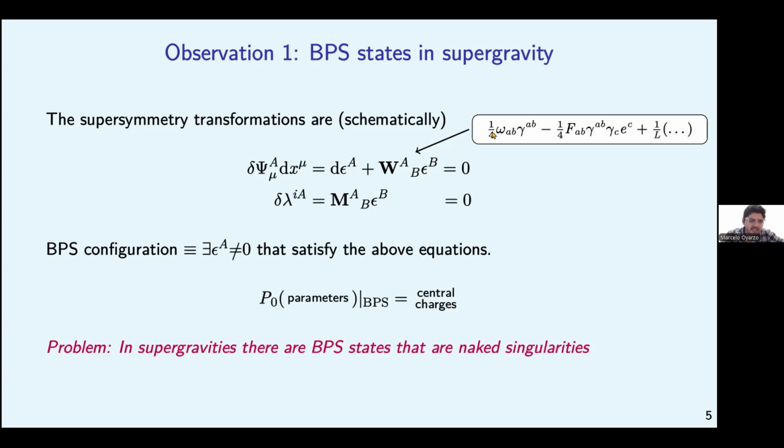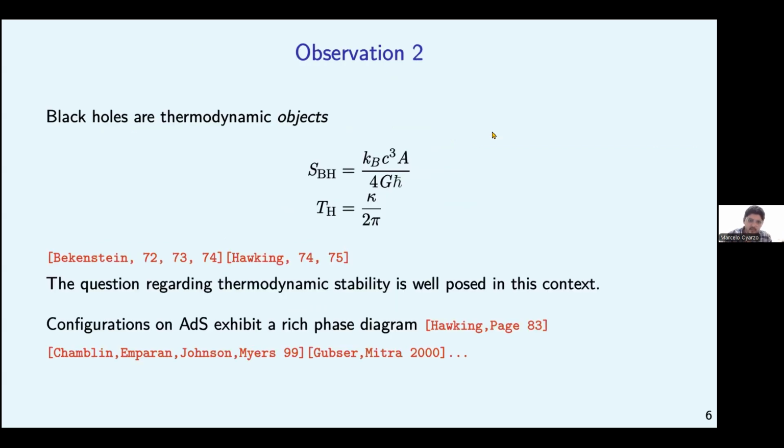Okay, the problem is that in supergravity, there are BPS states that are naked singularities. This is quite a problem because you expect that your vacuum state is a good state, well defined. This is the first observation that I want to make, and the second one is more well known: